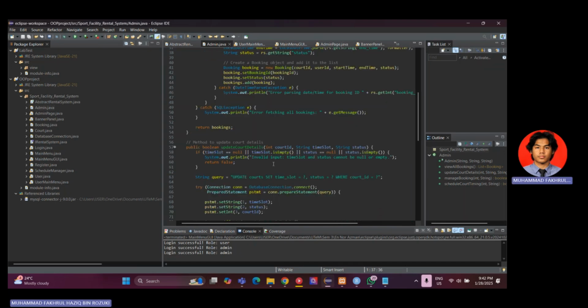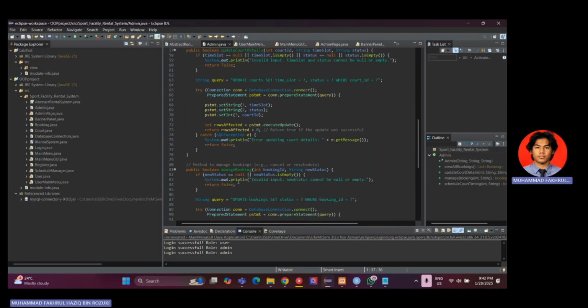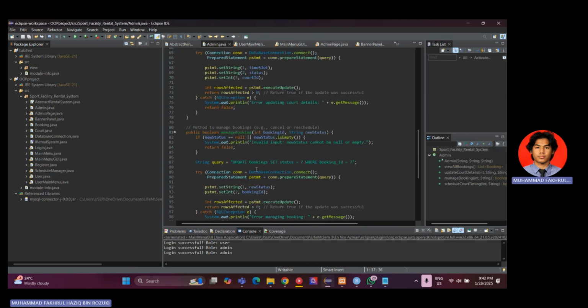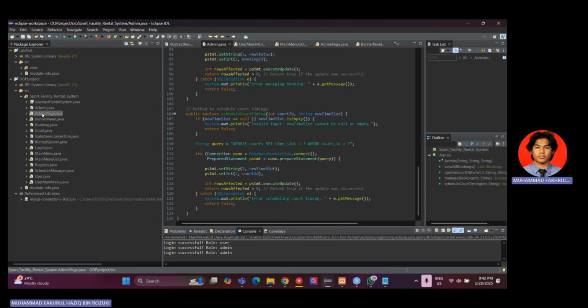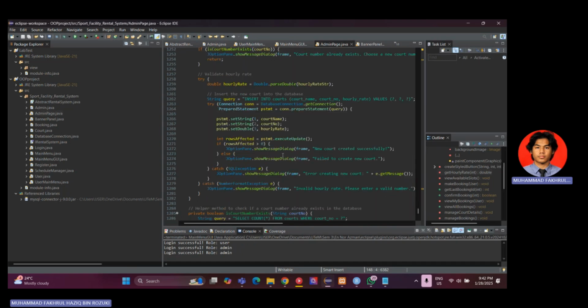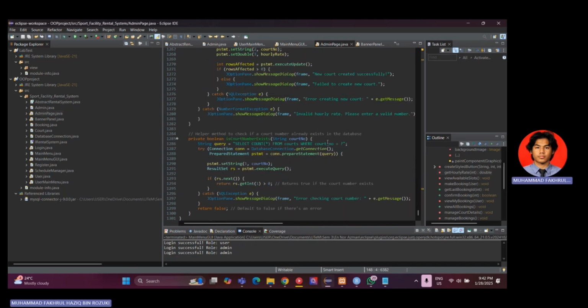Update code details, which is to update code details. Manage booking, which is to manage all the booking that has been made. Schedule code timing, to schedule and create a new slot for the booking to take place, which the user can choose from to rent. And back to AdminPage.java, isCodeNumberExists is used as an input validation, and